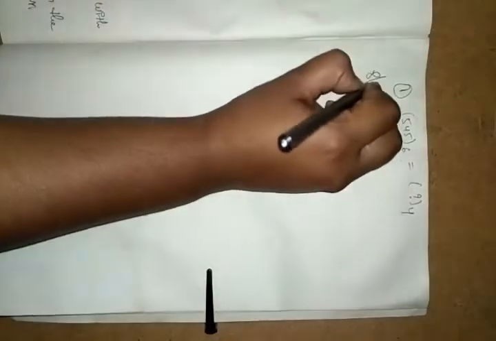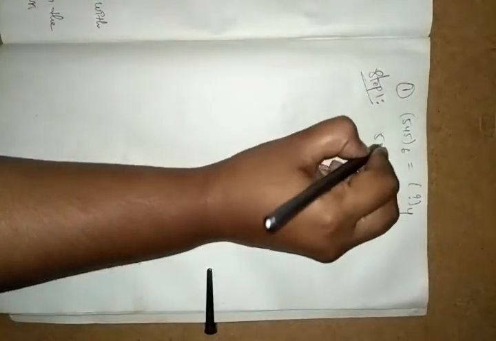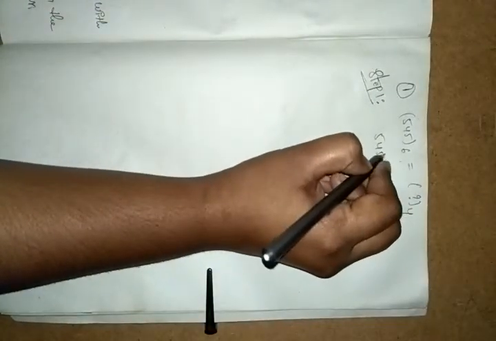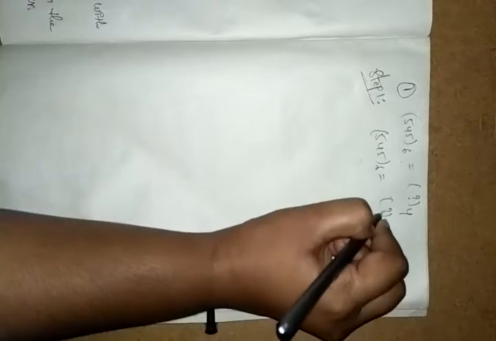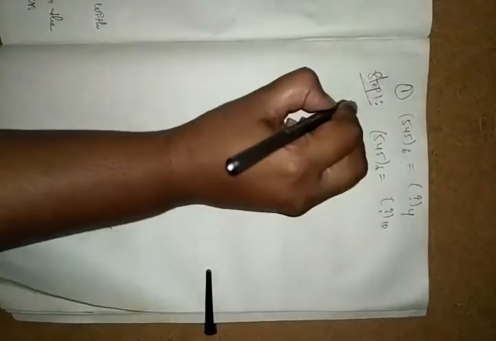First we need to follow this step 1. Whatever value we have, that can be converted into the base 10 value. First we need to perform this step 1. We have 545. We need to convert this 545 base 6 to base 10 value, meaning base 6 to base 10.